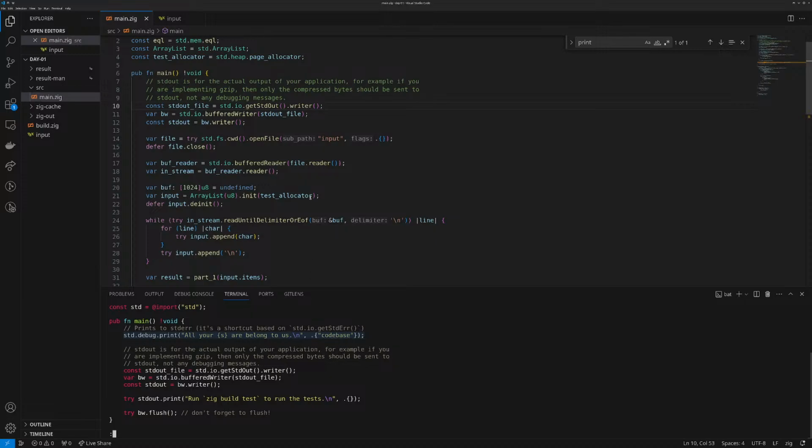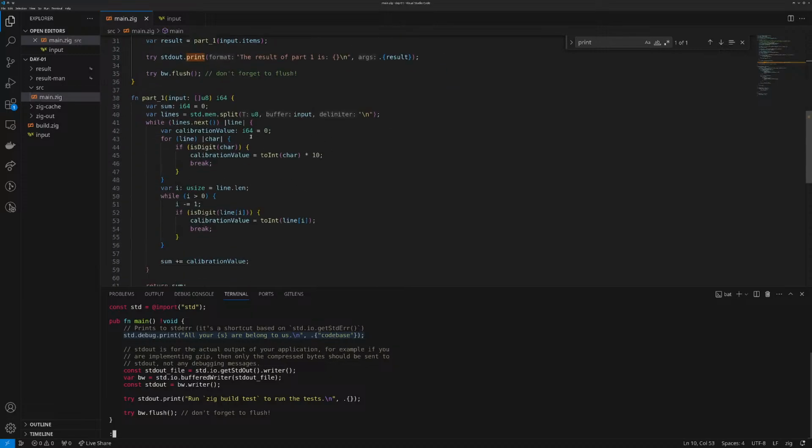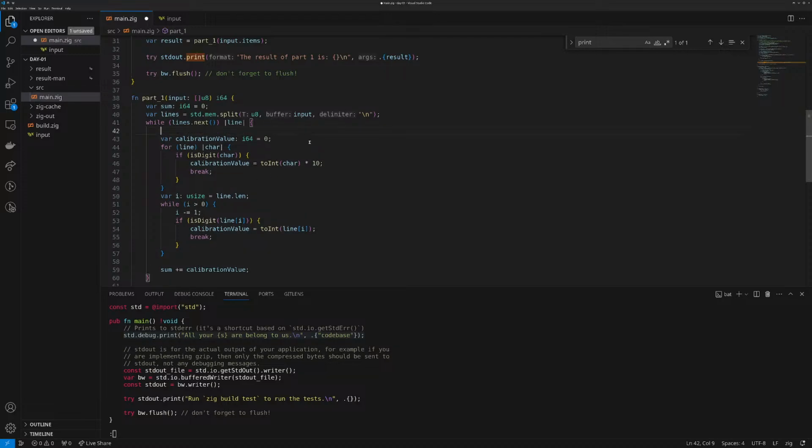So let's take this line and put it here, like this, and we want to see what our actual line is. And we want to see at the end as well